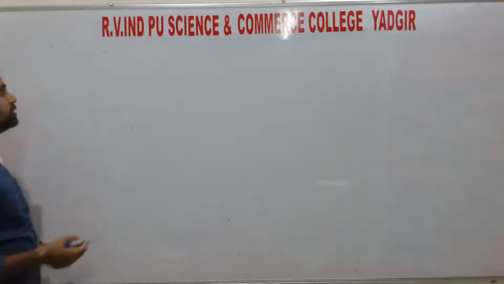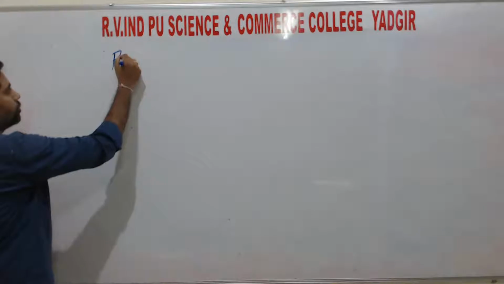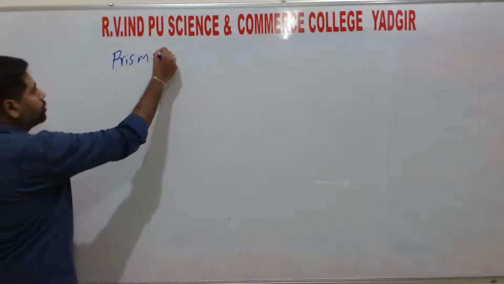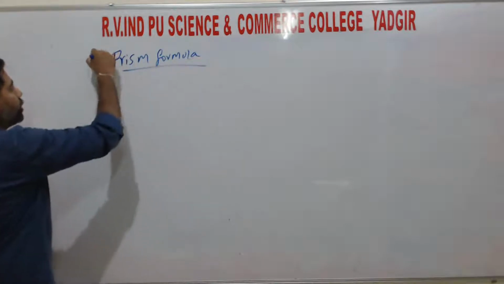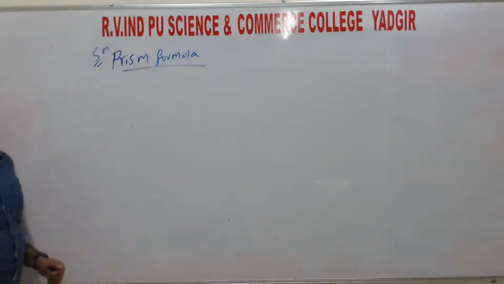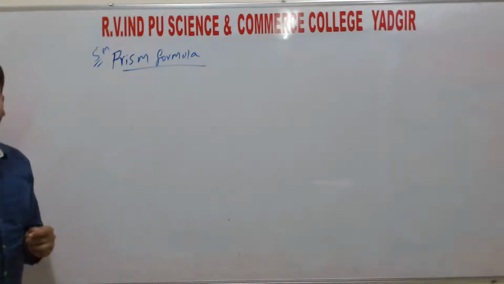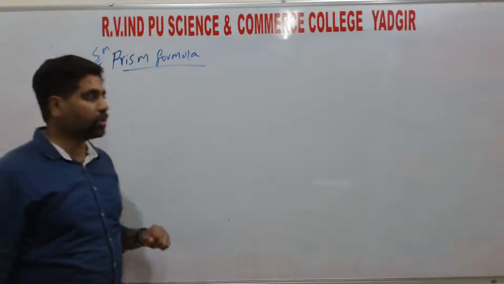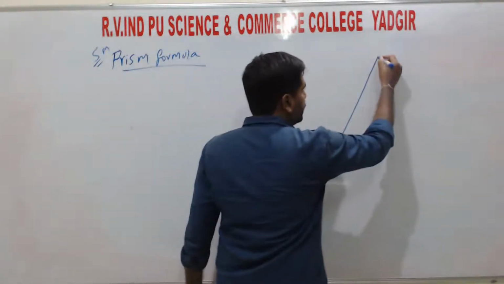The next topic is the prism formula. This is also important for a 5 marks derivation. Several times they ask for the relation of the refractive index, that is the prism formula, the refraction through the prism. For that we consider one prism